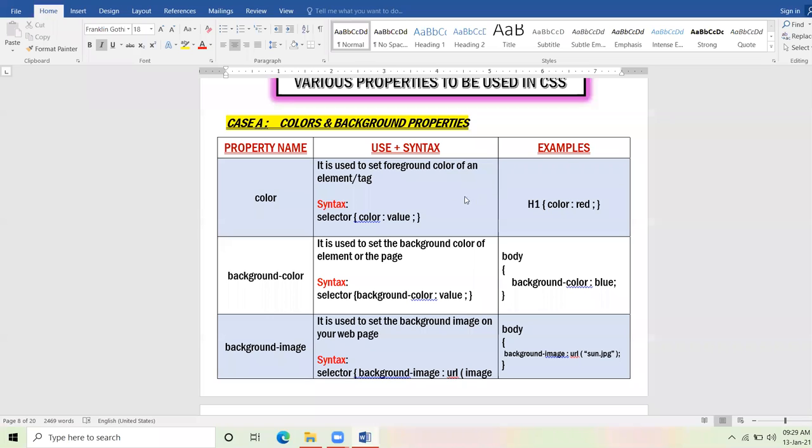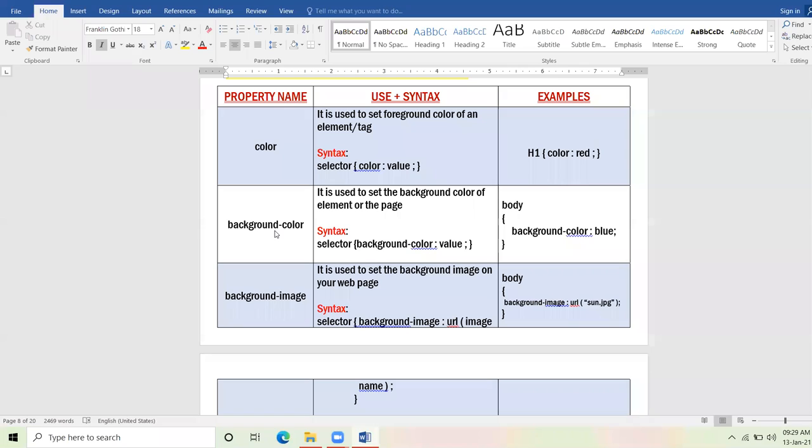All right. Now background color property. Beta, keep one point in your mind while writing CSS properties. They are hyphenated words. Right? When we write HTML attribute, they are not hyphenated. But when we are writing the CSS property, they are hyphenated words.